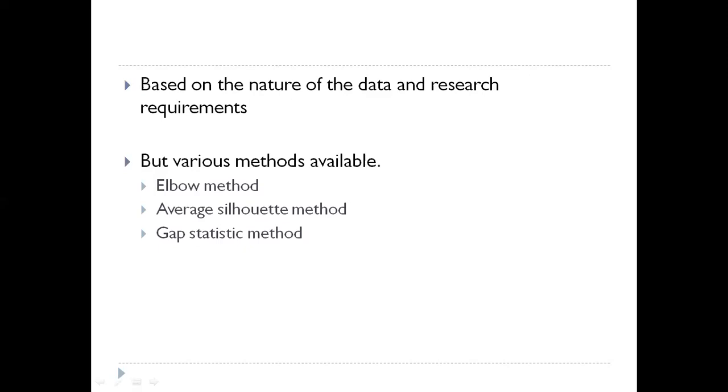But there are three methods which are very important and widely used throughout the data science community to determine the value of k. They are the elbow method, the average slope method, and the gap statistic method. The gap statistic method is the recent one, proposed by Stanford professors just one or two decades back. There is a white paper on how it works, and maybe I can share the paper with you so that you can understand it in detail. Let's get into how the elbow method works.